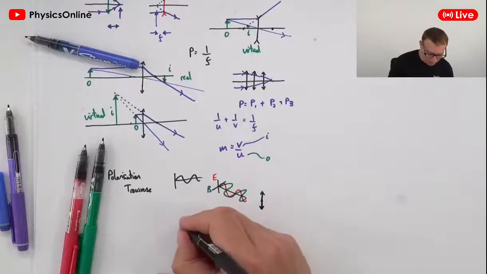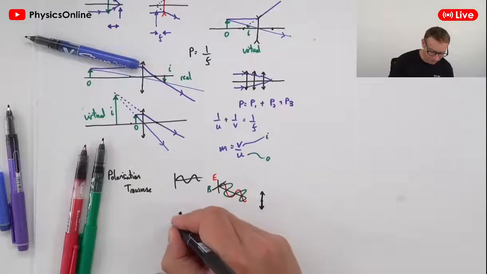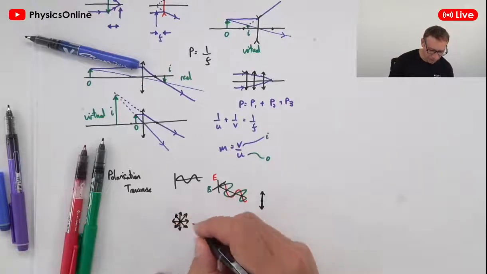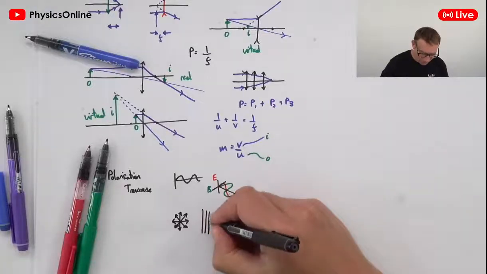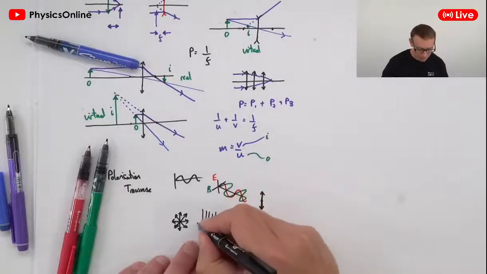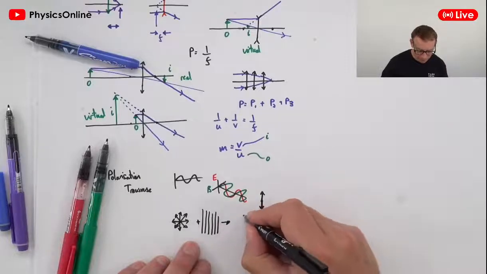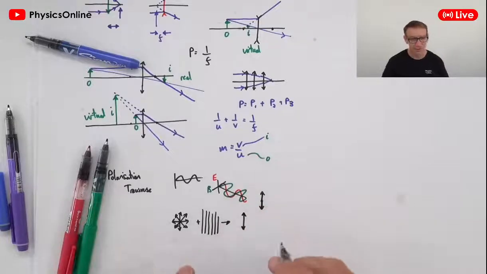Now if you've got something which is non-polarized, it's going to oscillate up and down. There'll also be some bits of the wave that are going left and right, that way and that way. So this is unpolarized. And if you pass it through a filter, then the only thing that comes out is the oscillations in that